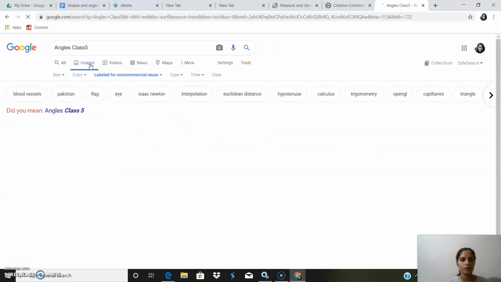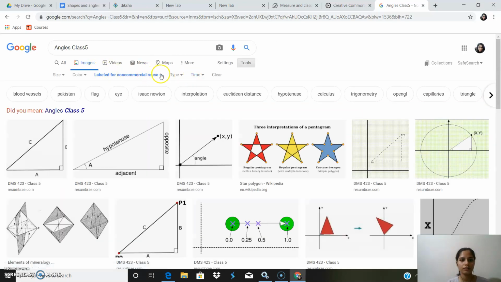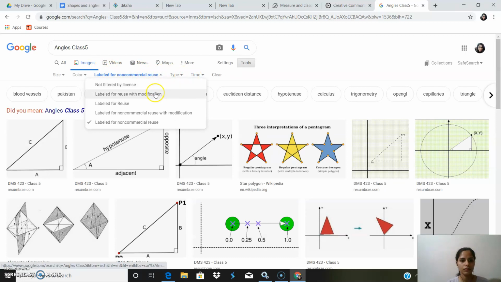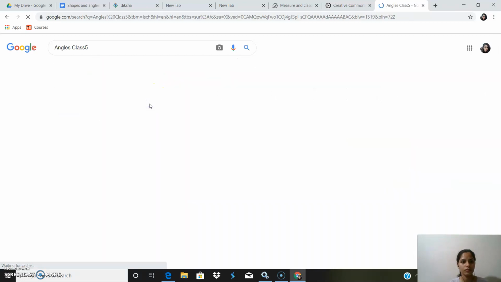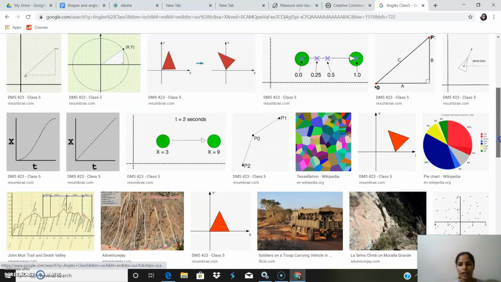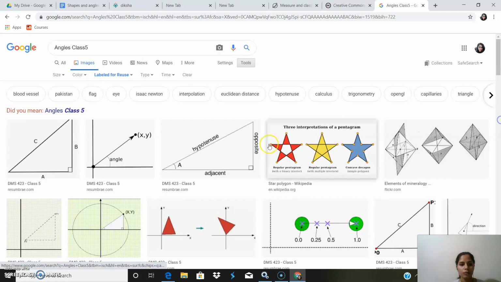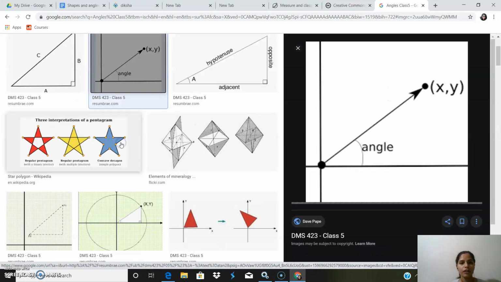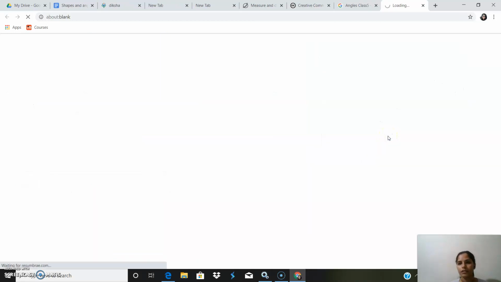Click on the images button. So choose the image you want and click on that. Suppose this is the image I want, and then we will open this image in a new tab.